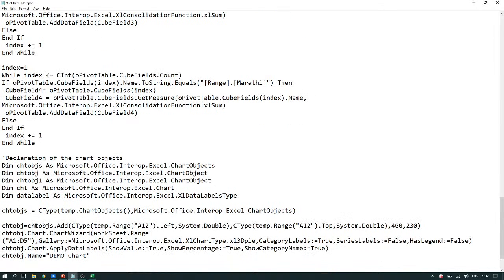So see, chart dot chart object dot add. We need to set a range from where we need to add a chart. So we are going to add a chart from A12, and we need to give the size. So I am currently giving 400 by 230. Okay,